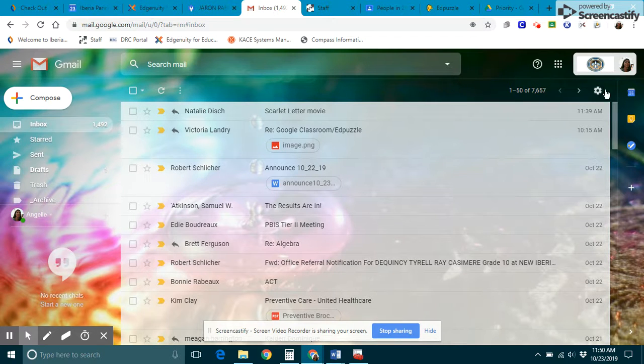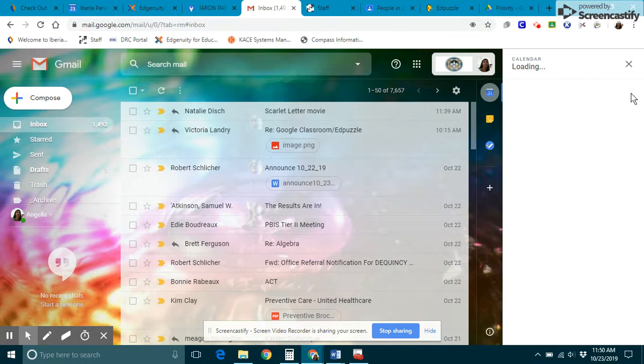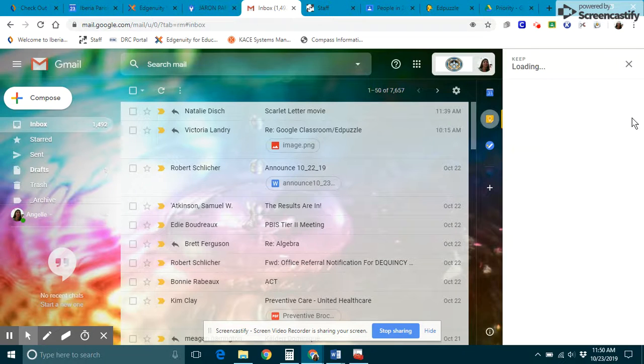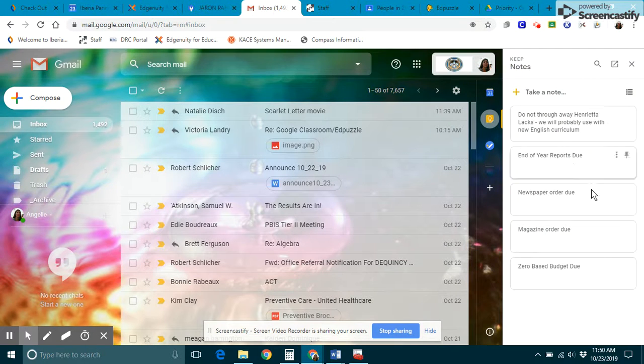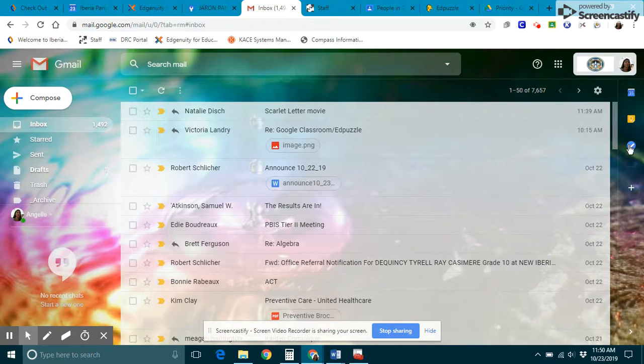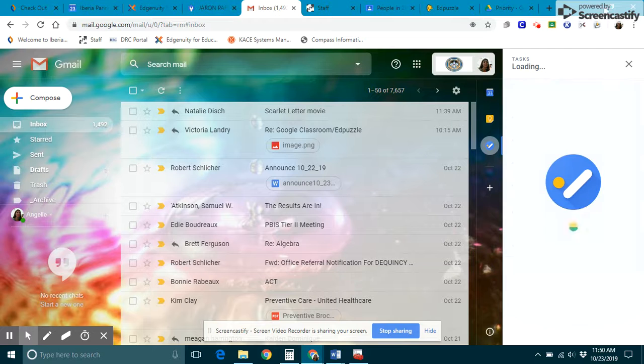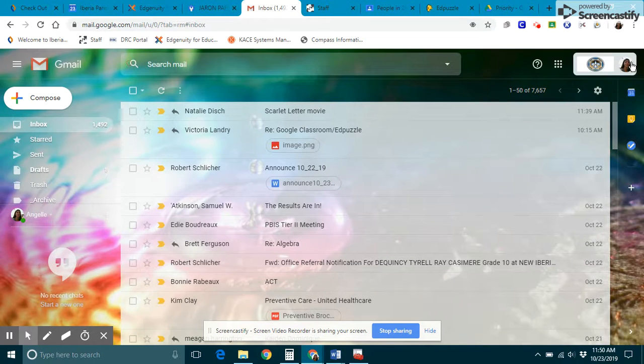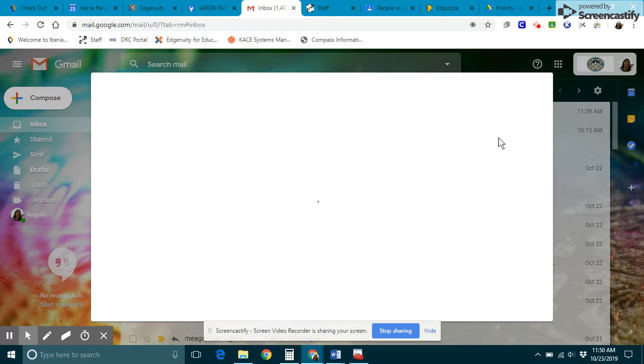Oh, one other thing that's cool, on the side over here, you do have different things. You have your calendar you can pull up, quickly access. Keep, if you're familiar with Google Keep, which is kind of like sticky notes, you can pull that up there easily. And also Google Task is pulled up easily here. So you know exactly what you have to do. It's little reminders to help you if you need. And you could also get other add-ons, but